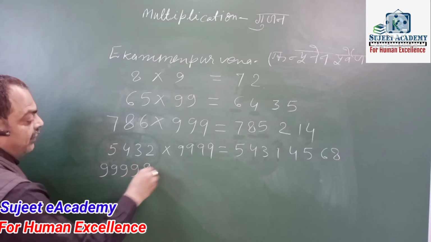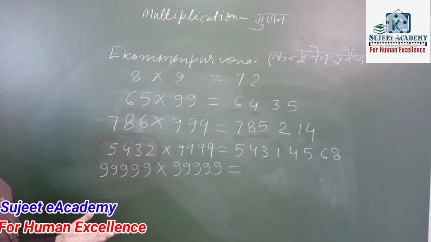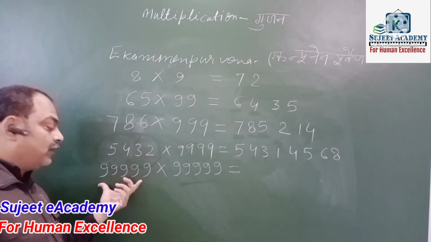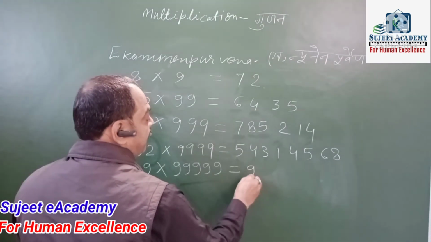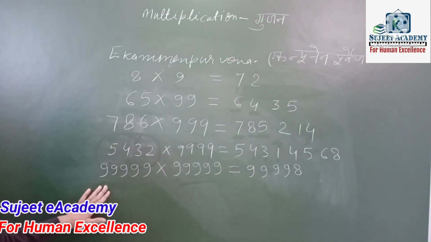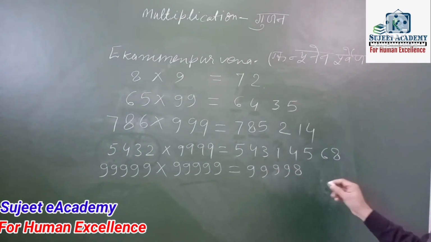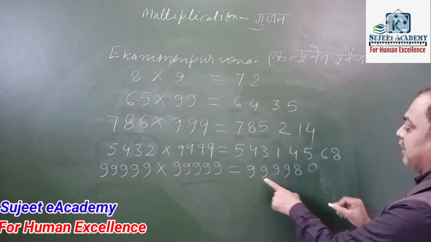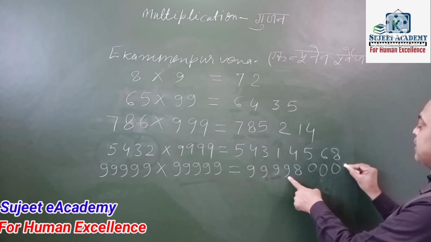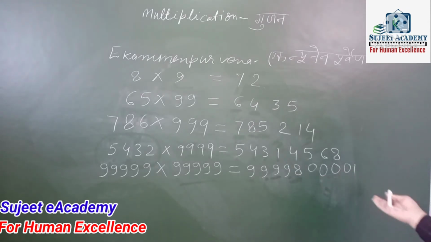Now one more example. Find 999 multiplied by 999, is equal to what? This is 5 times 9. This one is also 5 times. So you reduce the value by 1. Then we find 99998. Reduce by 1. After that, you subtract all the numbers from 9. 9 minus 9 is 0. 9 minus 9 is 0 again. 9 minus 9 is 0. 9 minus 9 is 0. 9 minus 8 is 1. This is your required answer.